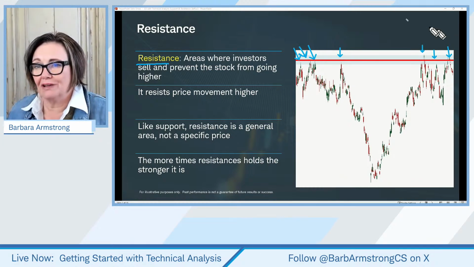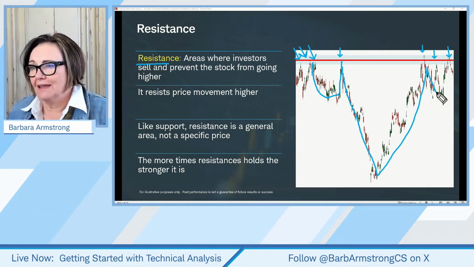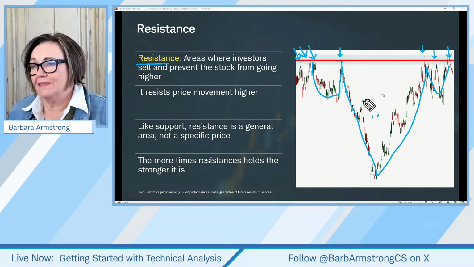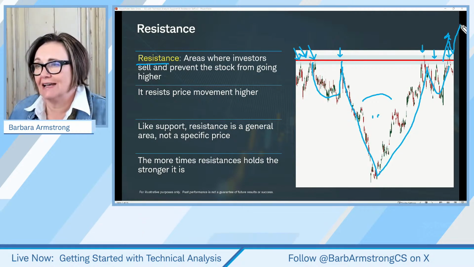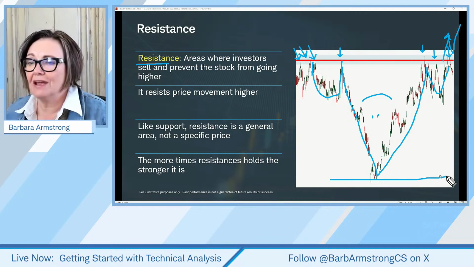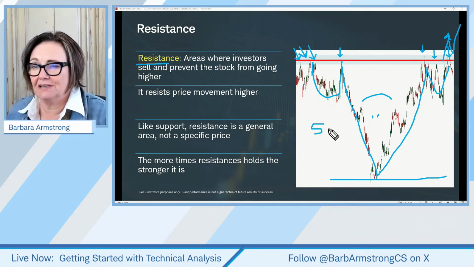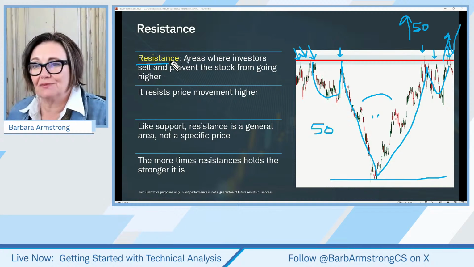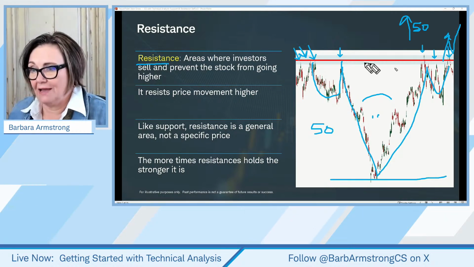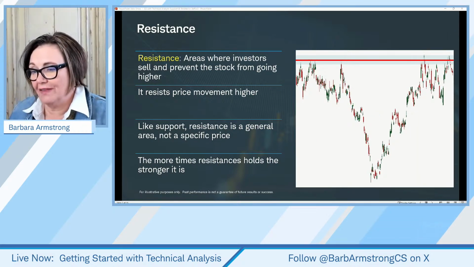What this ended up creating in this instance was this big inverted head and shoulders. With this pattern, what a trader would be looking for is for it to break out, maybe come back and retest, and then go to the upside. They would measure the distance between the bottom of this pattern and the top. If this is, say, 50 points, then a trader might be expecting 50 points to the upside. And you have to keep in mind that this resistance is a range.